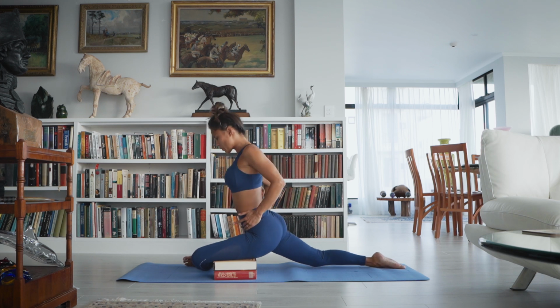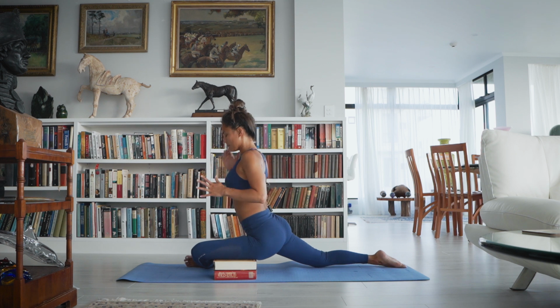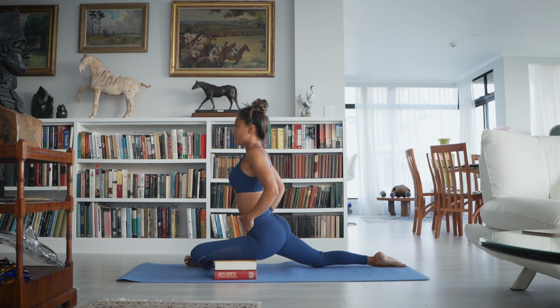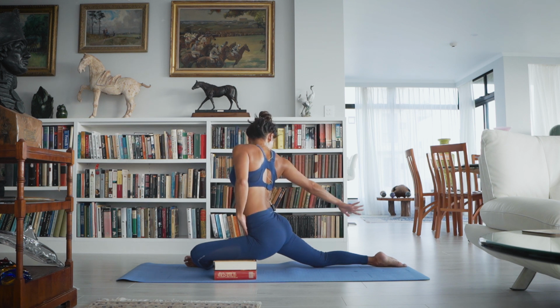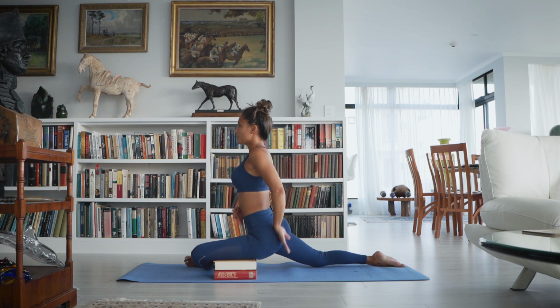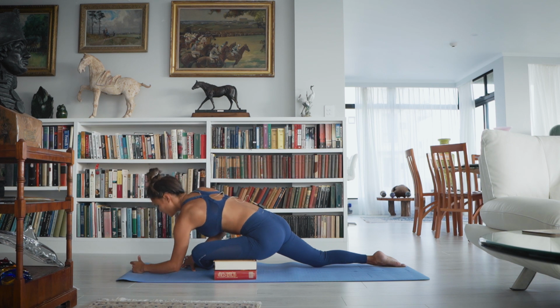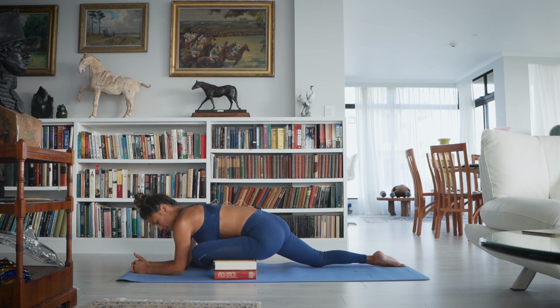Make sure your hips are square. Your shin is as parallel as you can get it with blocks, as many as you need. Maybe you need 5. That's still okay. Use your mat as a reference, lining up your right leg, tucking the tailbone. You can stay here or you can fall forward, melting your heart, keeping your elbows underneath the shoulders, pushing down